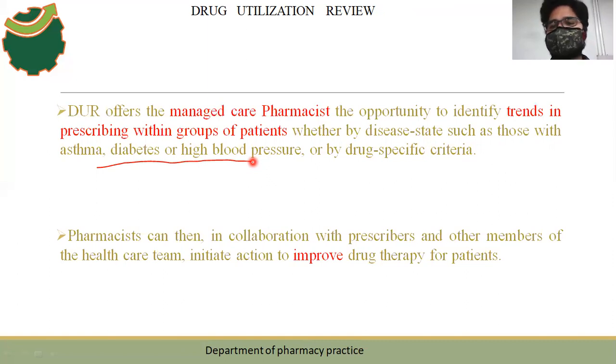Whenever you see a patient with hypertension with kidney disease, you'll be giving a certain class of drugs. When a patient has hypertension with liver disease, you'll be giving another kind of drugs. When a patient has hypertension with a heart attack, you'll be giving beta blockers or ACE inhibitors, or some other drugs. So here there will be a pattern in a group of people. Whenever you are prescribing for a disease, there will be a pattern of what basis they are giving it on. So when the pharmacist collects the data and reviews it, he will have specific data on it, right?